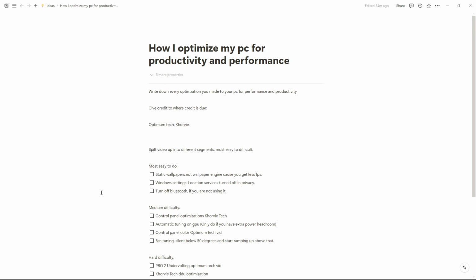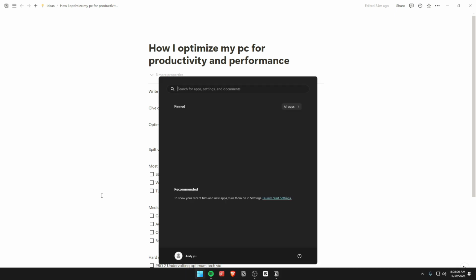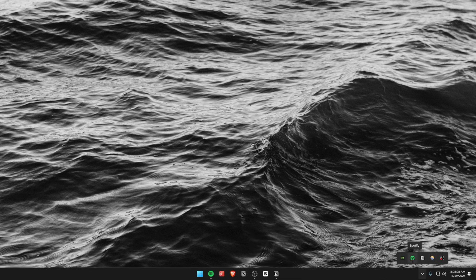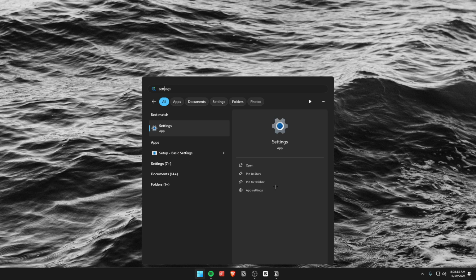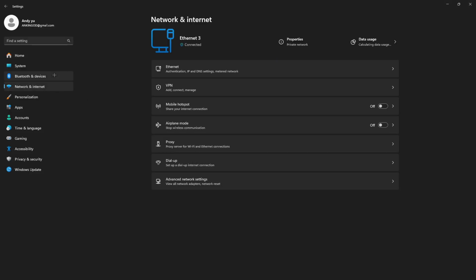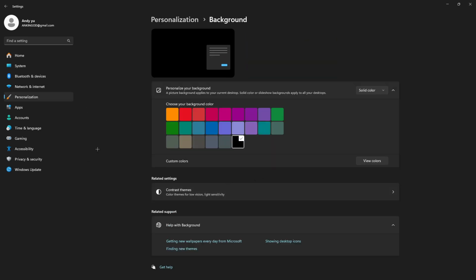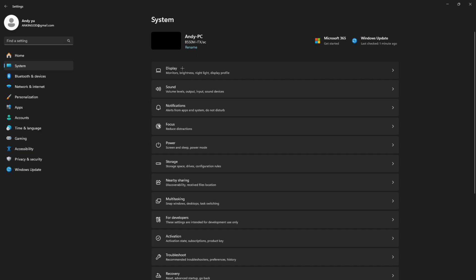Starting off with the easiest one to do is to set static wallpapers, not using Wallpaper Engine, because you get less FPS. As you can see on my desktop, I don't have Wallpaper Engine running in the background. My wallpaper is just, if you go to settings, a regular picture of waves and stuff. It's not showing, but you can see there's the same wallpaper on both,